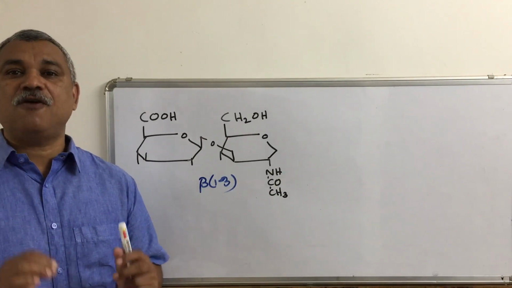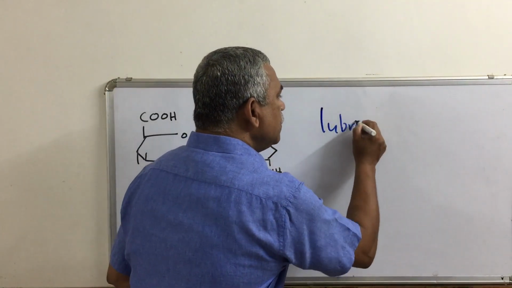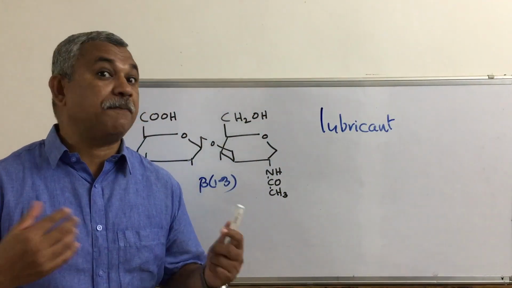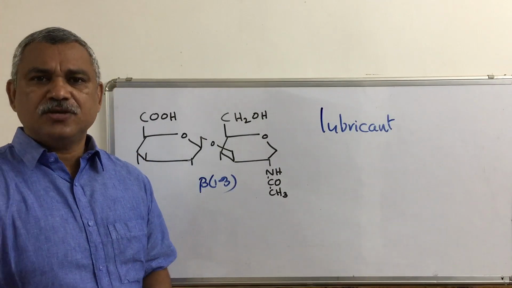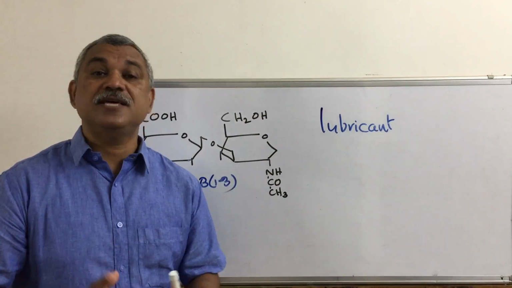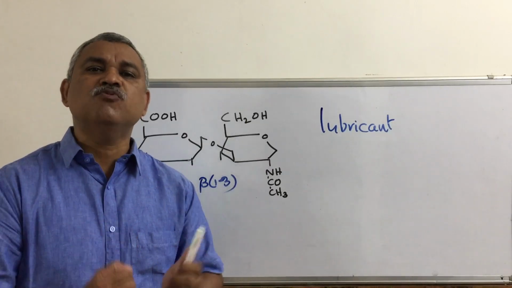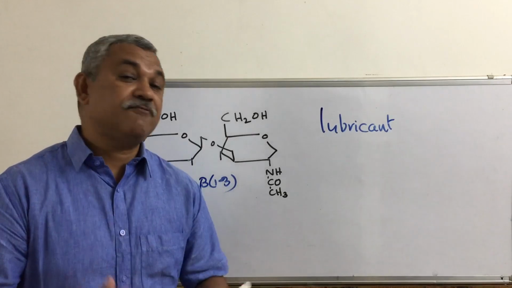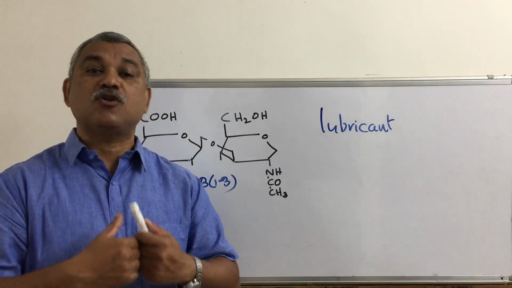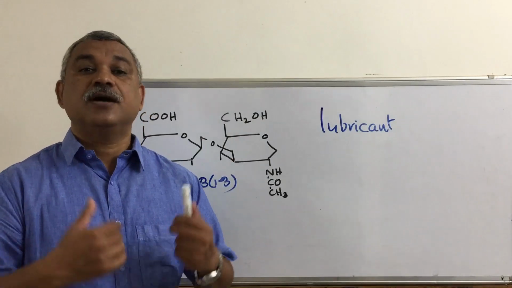The main function of hyaluronic acid is to act as a lubricant. As we know, all the glycosaminoglycans have a capacity to absorb water. So a kind of water shell forms around this molecule, and that makes them act like a lubricant. Therefore it helps in free movement of the joints. We know that when people get old and are unable to walk properly, when friction is caused between the cartilages, the kind of medicine that is proposed contains